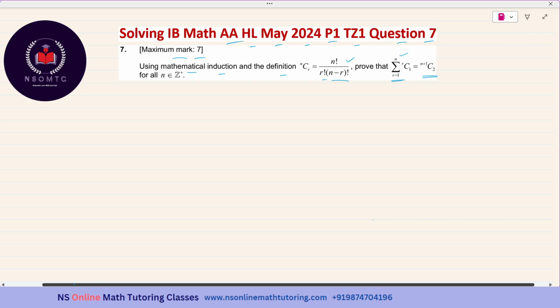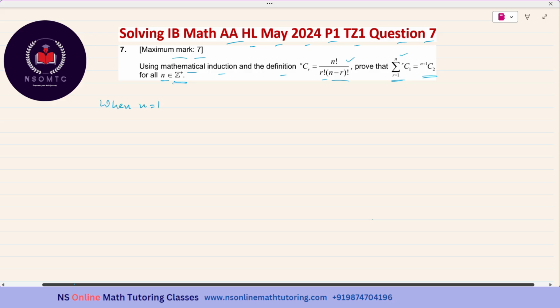Okay, so what do we do for mathematical induction? We first of all prove it for the smallest possible value of n, where n belongs to the set of all positive integers. So the smallest value that n can have is equal to 1. Okay, so when